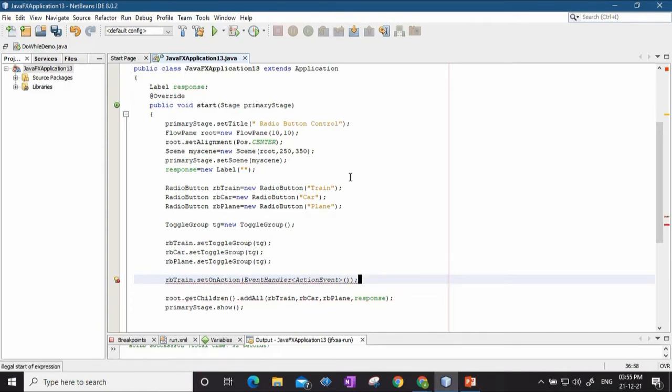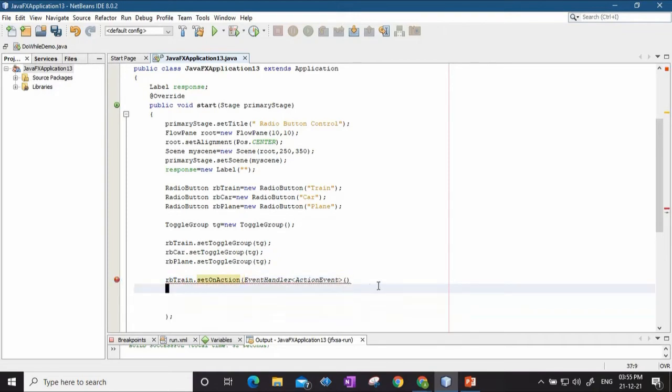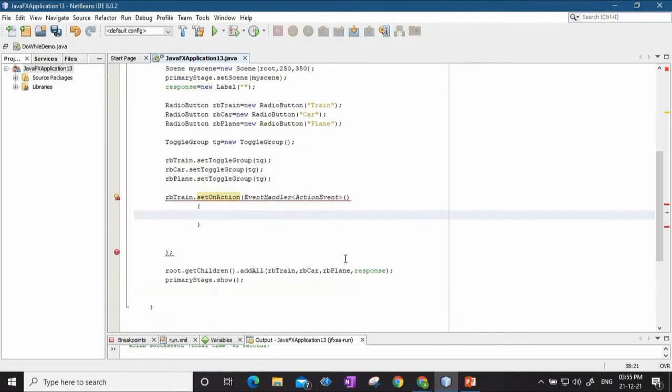Then this will go on the next lines here. You will have brackets, and within this you will have public void handle, which will take an object of ActionEvent, say a.